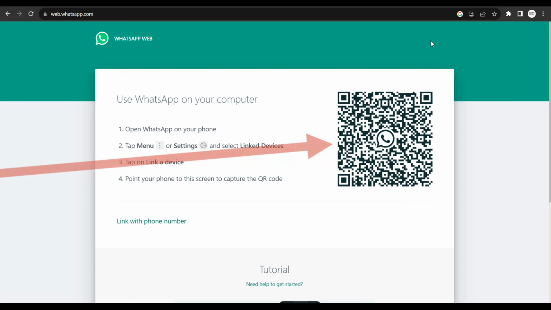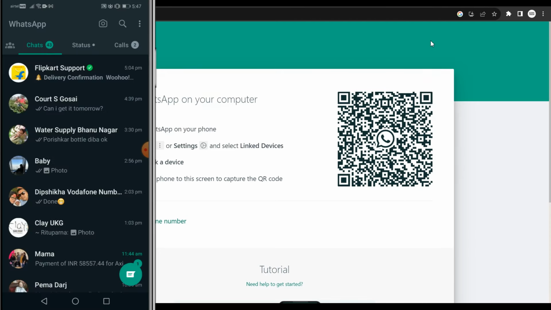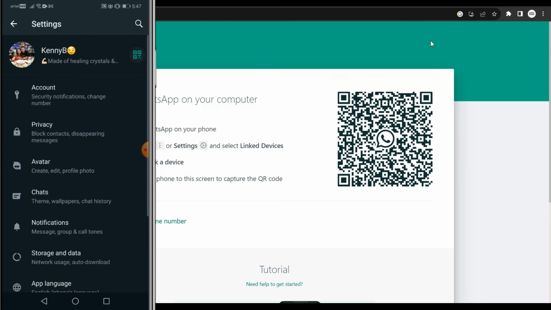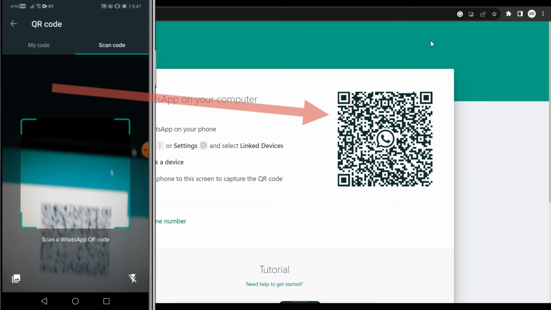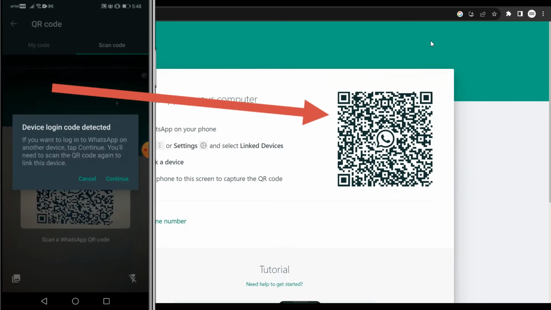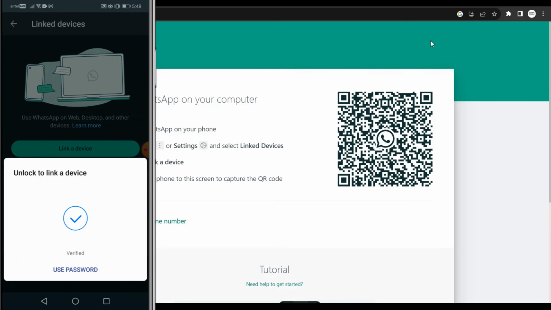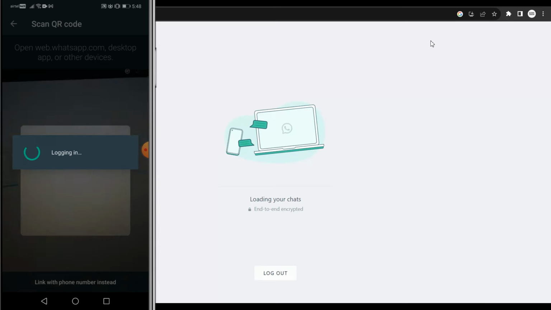And most of us already know that we could log in to our WhatsApp account out here itself. So let me go ahead and open WhatsApp on my Android device and scan this code to log in. So I click on settings, and then I click on the icon out here to scan code. And I am scanning this code to log in. So let me log in quickly. Click on link a device, allow that or authorize that with your fingerprint,